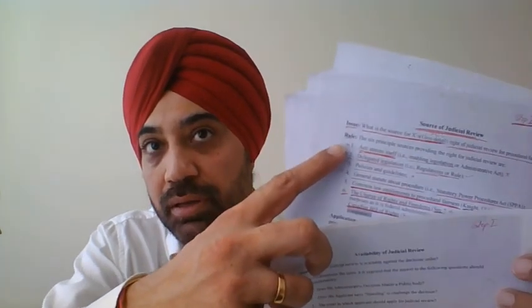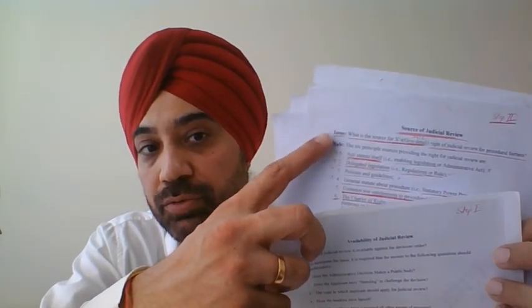There also you can see the issue. Are you able to see issue, rule, and then application, and then conclusion on the next page? Here, conclusion, and then level of procedural fairness. So that is issue, rule, application, and then again in a similar way. This is how we have to understand